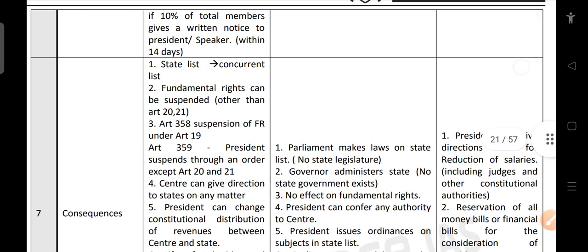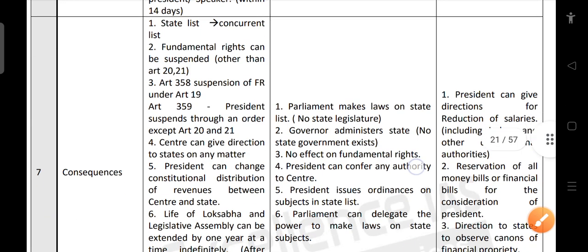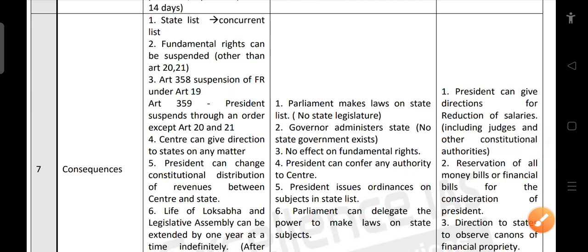Right? So a special session of the Lok Sabha has to be convened if 10% of the total members give a written notice to the President or Speaker. Within 14 days, they have to arrange for a special session. Then what are the consequences? In case of the state list,